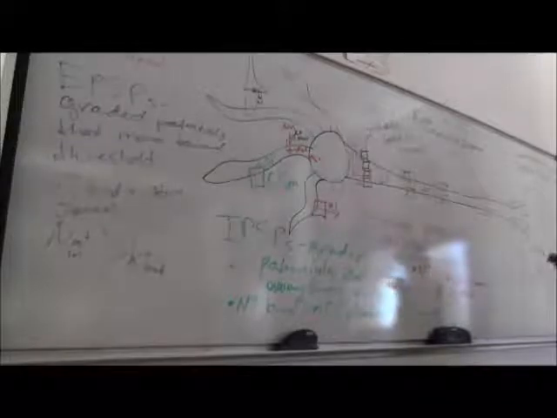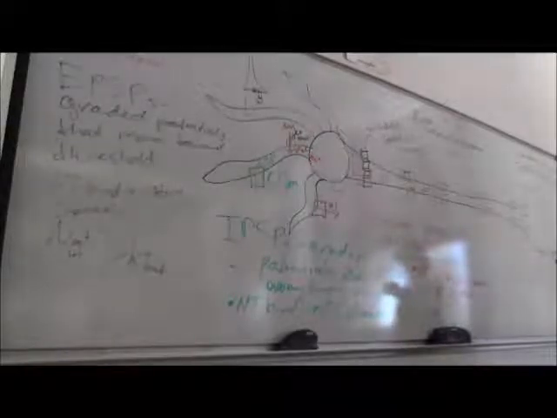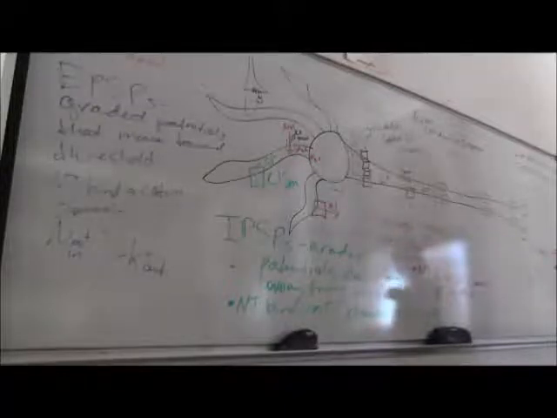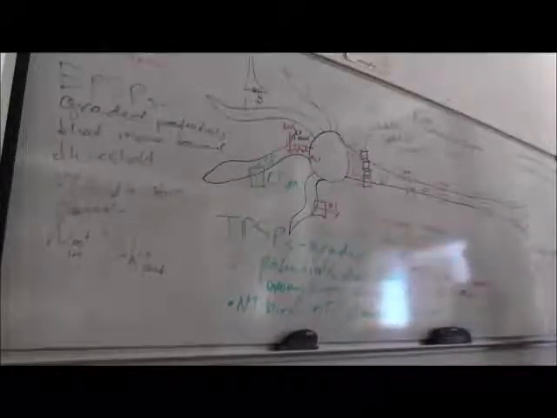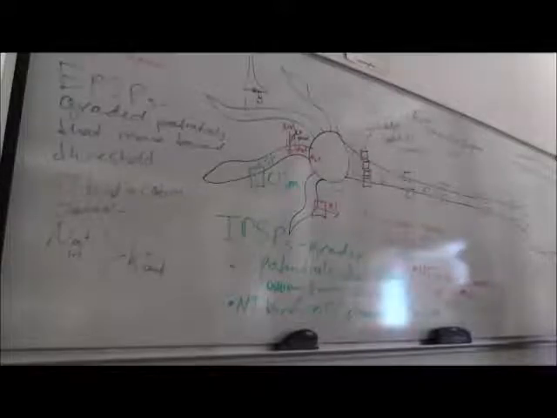So if we sum to threshold, these will open. Sodium will come in, it will depolarize the next one, sodium will come in, these are going to enter their inactivation state, the potassium channels are going to open, potassium is going to go out, so that's our depolarization followed by repolarization. That is the action potential. So as sodium comes in this one, it's going to diffuse down and stimulate this one to open, this one's going to enter its inactivation state. Sodium comes in, diffuses down, stimulates this one to open, this one enters its inactivation state. So there's no choice but for the action potential to go one way, away from the soma, toward the axon